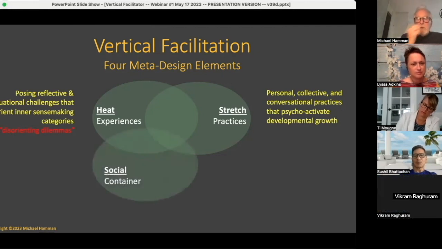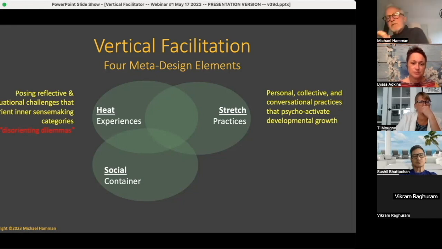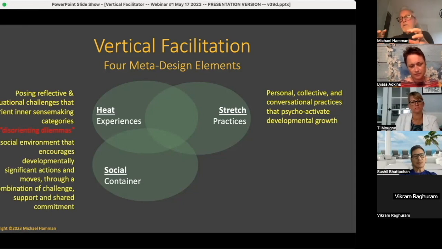The next element is the social container. So this works in groups. This is not a one-on-one coaching paradigm. This is a group, in any kind of group situation. And so we want to activate the social container. This is why we want to pay attention to interrelations and the field. We want to be attentive to these things, because those are the things that we're tuning as well, right? And when the social container is powerfully developmental, or when it facilitates vertical development,